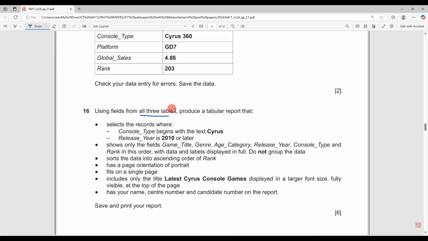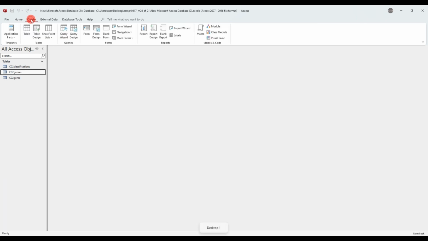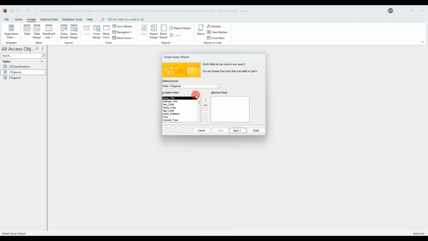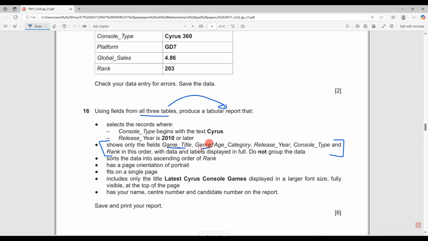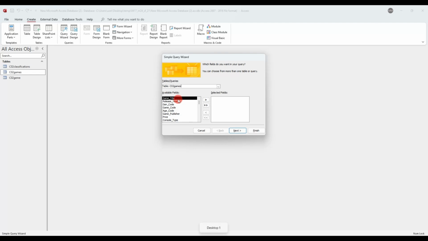Now, using all three tables, let's produce a tabular report. And remember, to produce a report, we need first to produce a query and make sure that this information is filtered in the query. So to start the query, I will send the same fields we need later in the report, for simplicity and for sending fewer fields. So let's go to Create, Query Wizard, and we have the three tables here, and let's send them in order. Games title, genre,